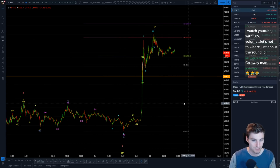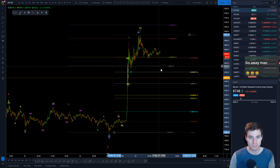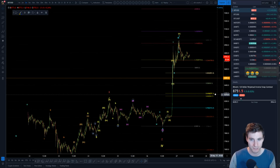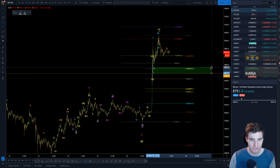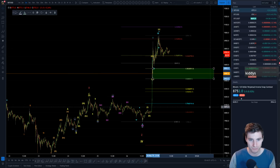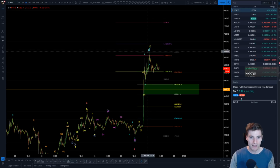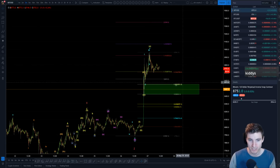Obviously, we have some key support levels to be looking at. As mentioned in yesterday's video, we have key support now. We're looking at 8,550. That is a key support that we do not want to lose for continuation to the upside, coming down to 8,487. This is our key region of support, really down to the 0.5. So that is our key region of support that we want to hold for continuation. And if this ends up forming another triangle or a WXY, then we should continue to the upside. It's just if we start breaking down from this support,